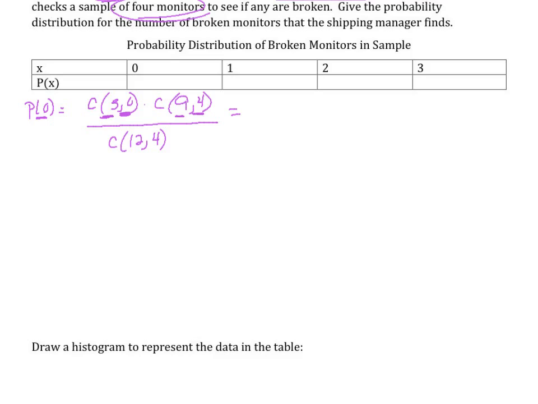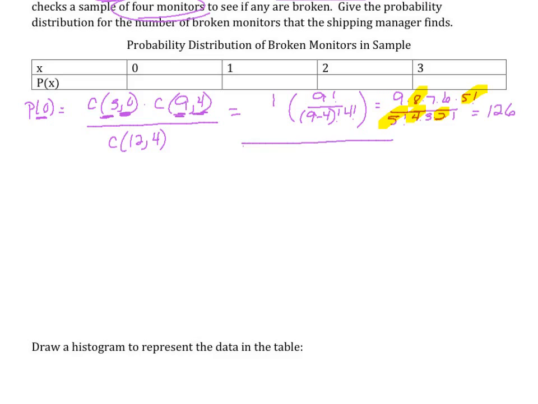Alright, so I know that 3 choose 0 is equivalent to 1. So anything choose 0 is equivalent to 1. We're going to multiply that again using our formula. So I'm going to have 9 factorial on the top over 9 minus 4 factorial on the bottom, 4 factorial, which is equivalent to, well, anything times 1 is itself, so I'm not going to worry about the 1 anymore. 9 minus 4 is 5, so 5 factorial, 4 times 3 times 2 times 1, and then 9 times 8 times 7 times 6 times 5 factorial, so that I can get rid of the 5 factorial. I could get rid of the 4, the 2, the 8, since they're all common. So if I were to multiply all of those together and then divide by 3, I would end up with 126 over, and now I